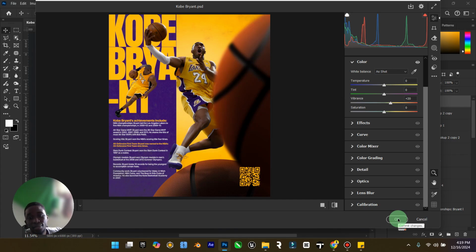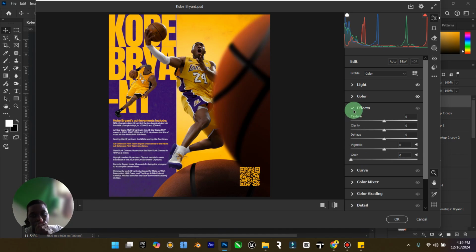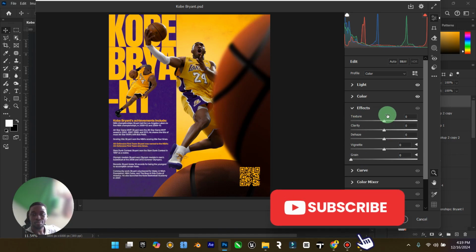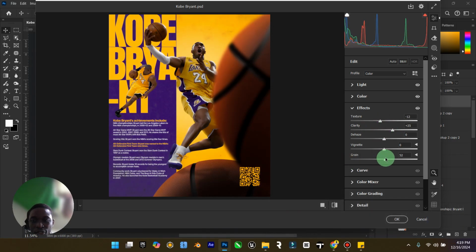And yeah, that's basically it, guys. Go to effect, reduce the texture, add a bit of clarity, crank up the grain because we love a grainy poster, and press